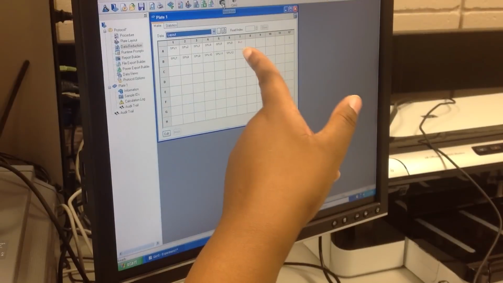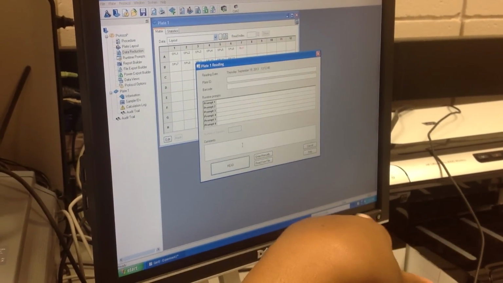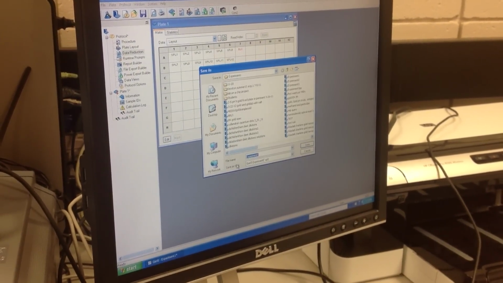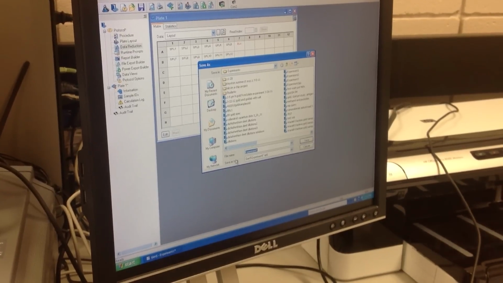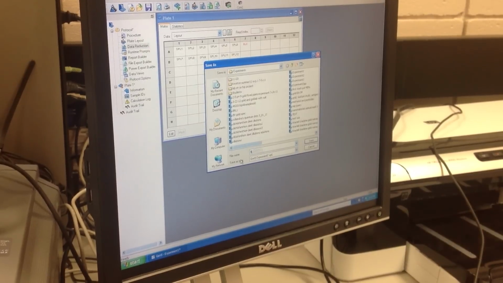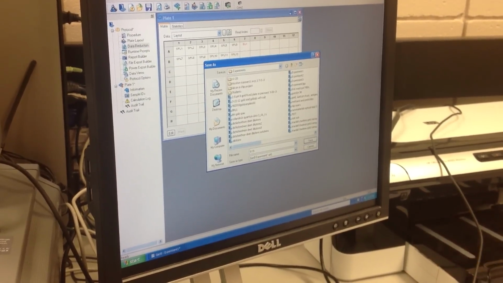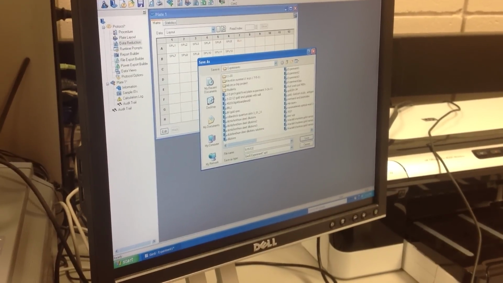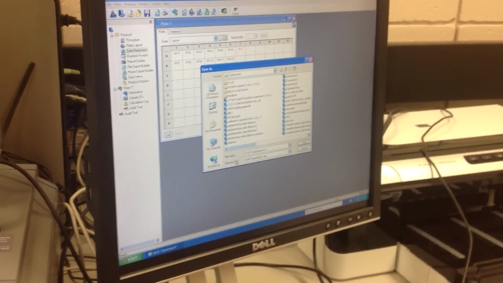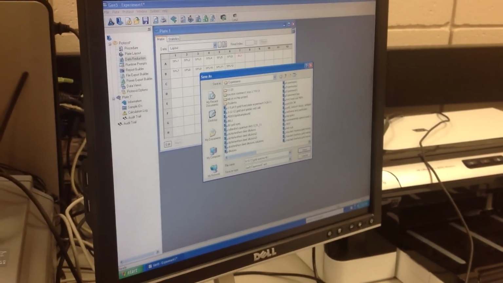What you want to do now is come up here and click on the read plate and say read. And you're going to give it a name. Probably need to make yourself a folder. But for right now, we'll put it on the desktop. Today is the 9/19. You need to get yourself a file naming convention for these files. Go Spectra, Nicole,